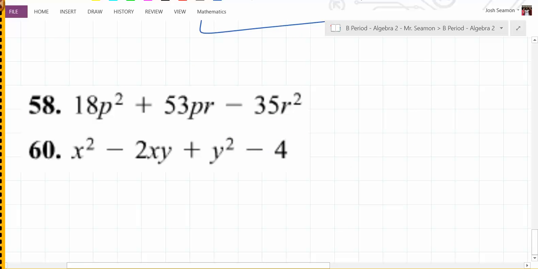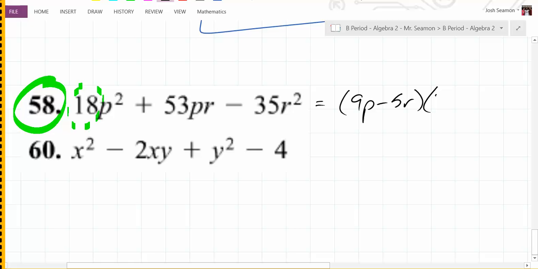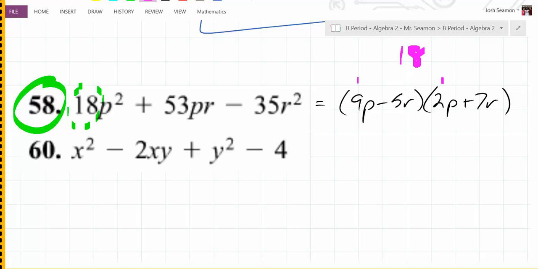When you looked at 58, what was the first thing you noticed that you knew was going to make it a little bit more work than average? The 18. That's the thing that makes it a little harder, but it's just a matter of guessing and checking and guessing well, and eventually does one thing work? Yeah, it does. What does it come out to be? 9p minus 5r times 2p plus 7r. Yep. Good. Excellent. So if you do this out, does it check? Yeah. You started by finding two numbers that multiply together to get 18, and then two other numbers that multiply together to get